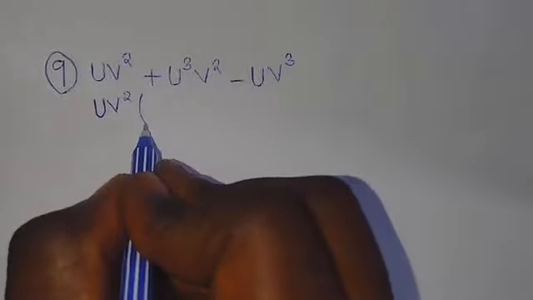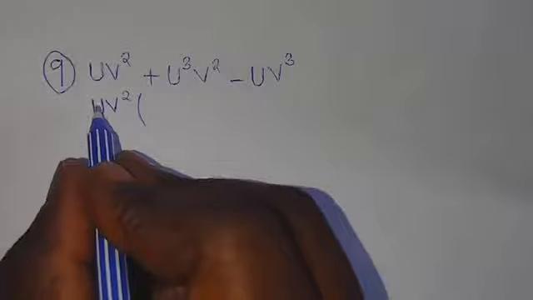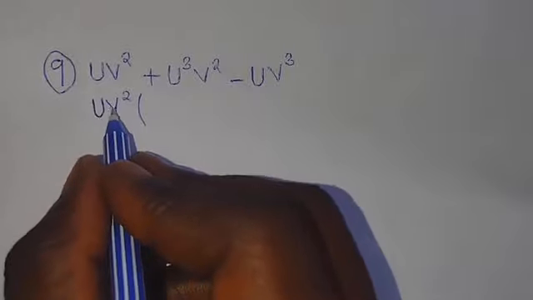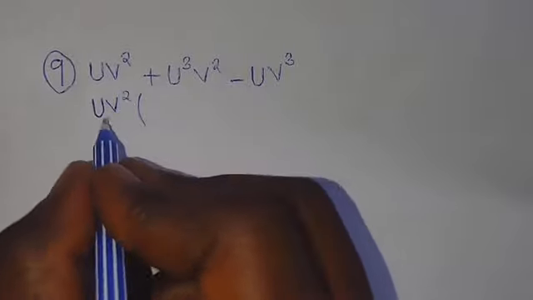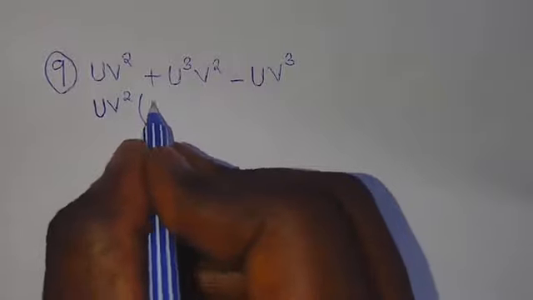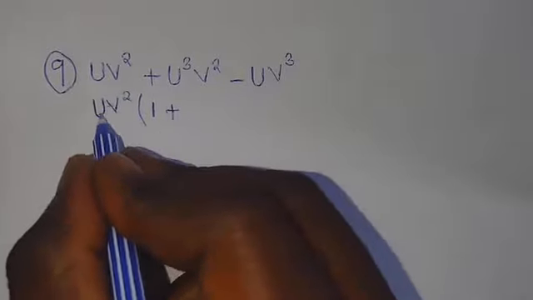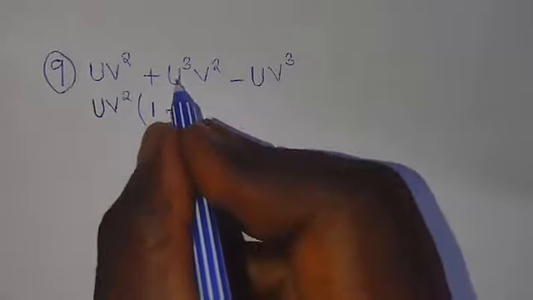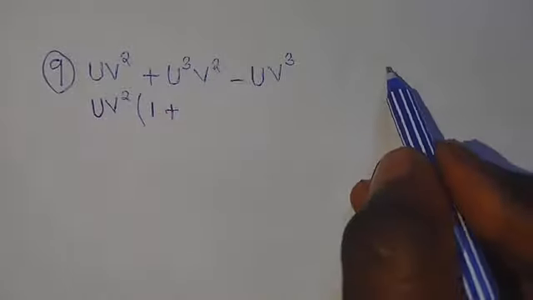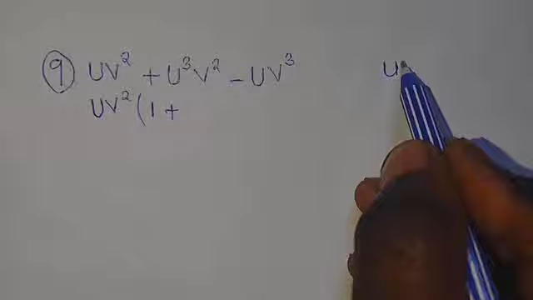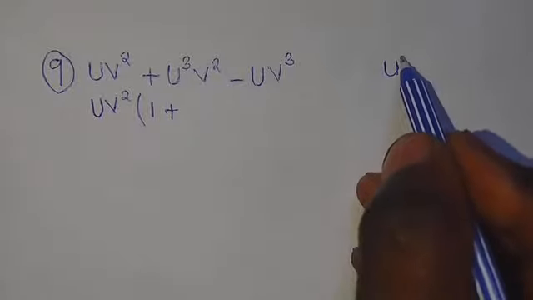So upon doing this, you write open bracket. You cancel this u and this u. It's a 1. v power 2 into v power 2, meaning that this into this, it's a 1 because it's the same thing, this and this, plus u and u into u power 3. Okay, you have u power 3